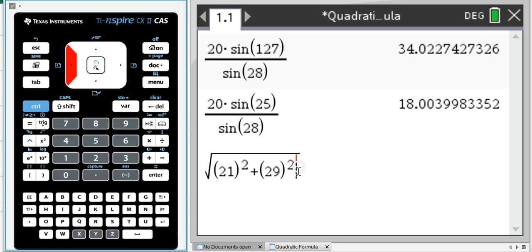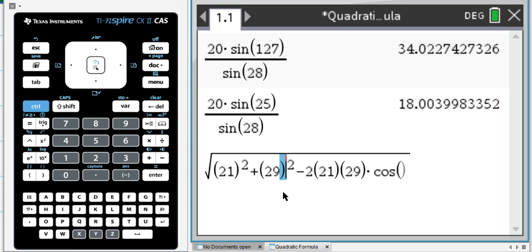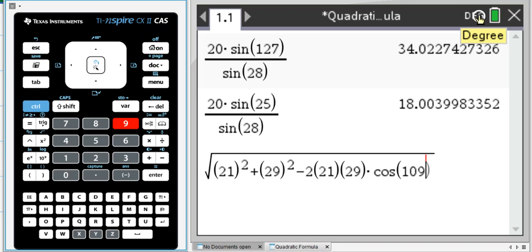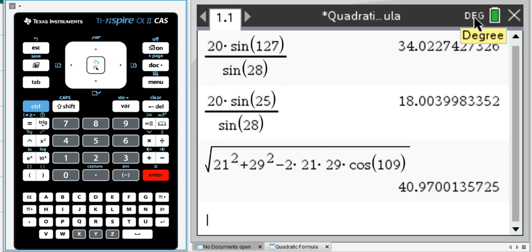Make sure that your cursor remains underneath this square root symbol because everything has to be written underneath it. And so we're going to multiply by negative 2 times 21 times 29 times cosine of the angle measure 109. And again, our calculator is still in degrees, so we're in good shape here. When we press enter, we've now determined side length C,